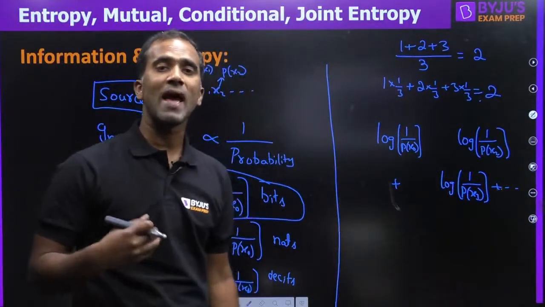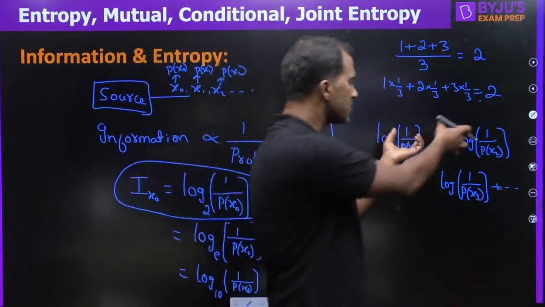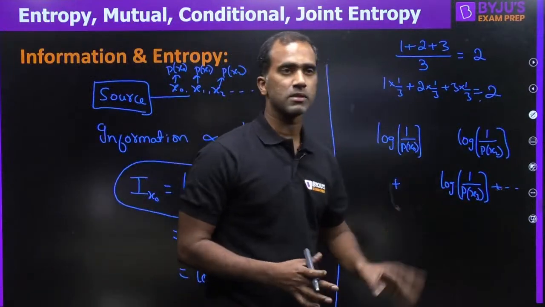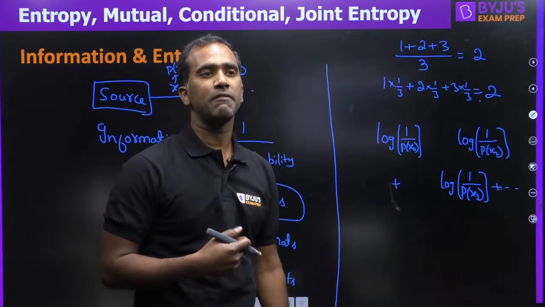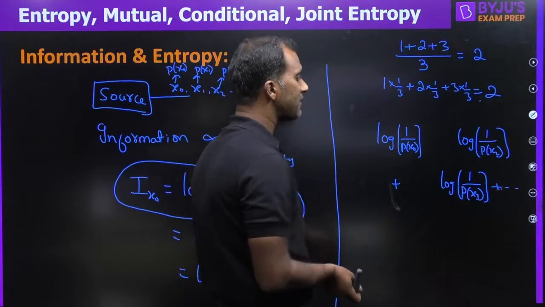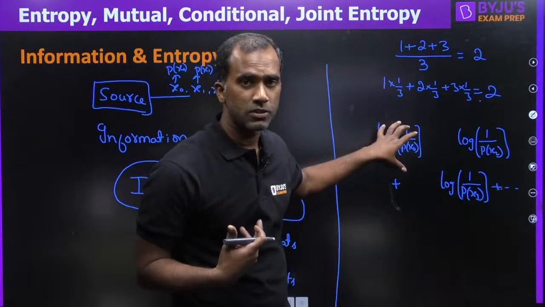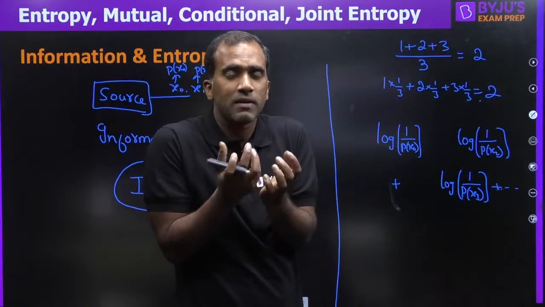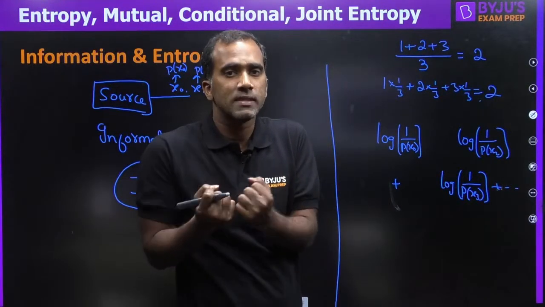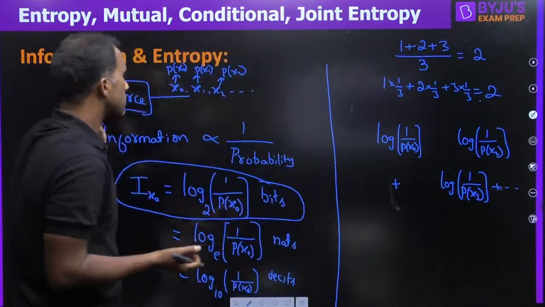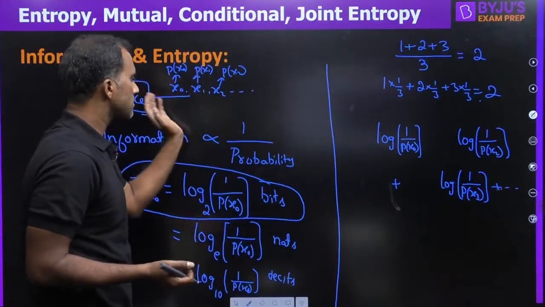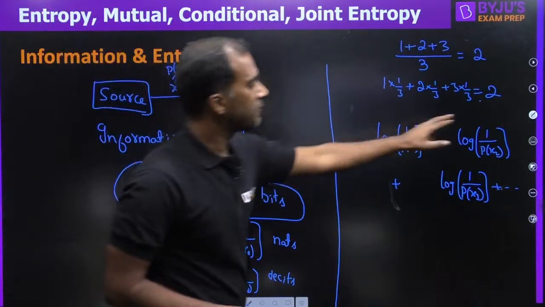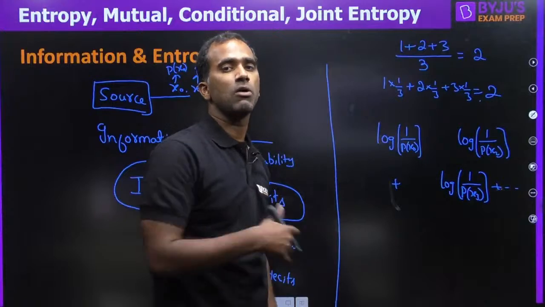What do we want to average? We want average information. So I have taken the information in all symbols possible. Now what do we want? We want the average of all of them. How do we find the average? Whatever entity you want to average, take all the possibilities in that. For example, I want to average the information in the source. Many symbols are possible, so find the informations possible in those symbols, and try to average them.